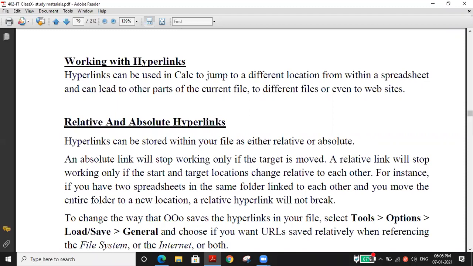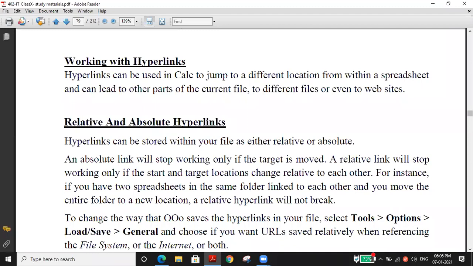So what does hyperlink mean? It is an external link in order to open your file or in order to open another source. So a hyperlink is just a link created by us in order to access a file or a folder or any image or whatever thing. It may be another website also. So accessing another object, that's the common term. In order to access another term, we can use a hyperlink in our spreadsheet.